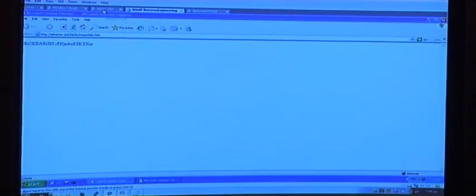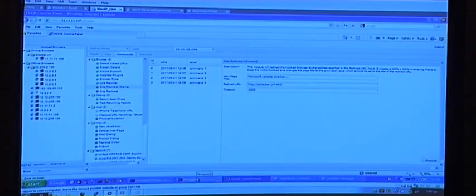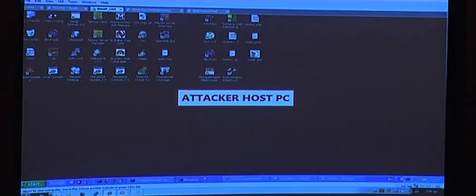If we go to the attacker PC right now and load the RAD deployment method, I would say,